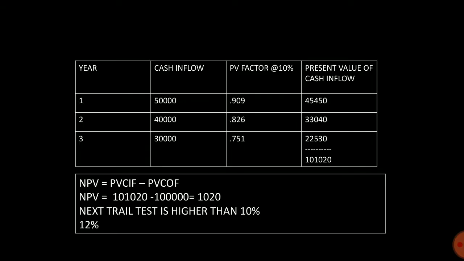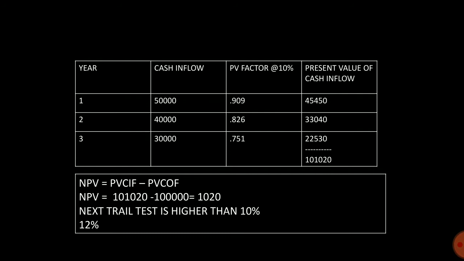Then with the help of this first trial rate, we want to calculate net present value, NPV. So for that, we want to identify the present value at 10%, and for getting these values, we can use the present value table. From the present value table, we identified present values, that is 0.909, 0.826, 0.751. The next step is we want to multiply cash inflows with present values, and that is the present value of cash inflow. Then the difference of present value of cash inflow and present value of cash outflow is NPV. So for that we want to draw 4 columns.